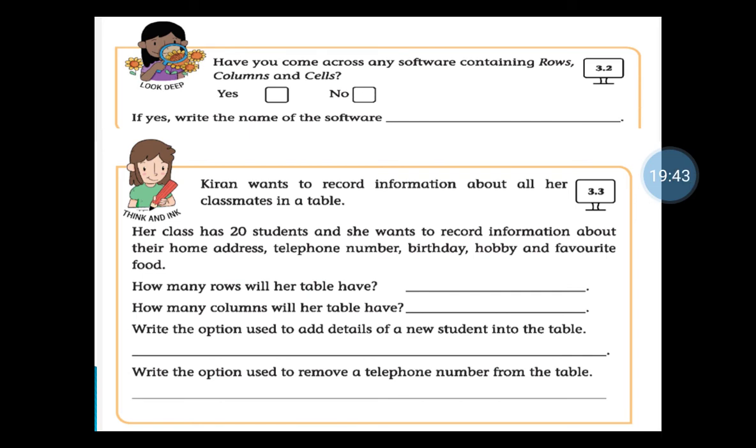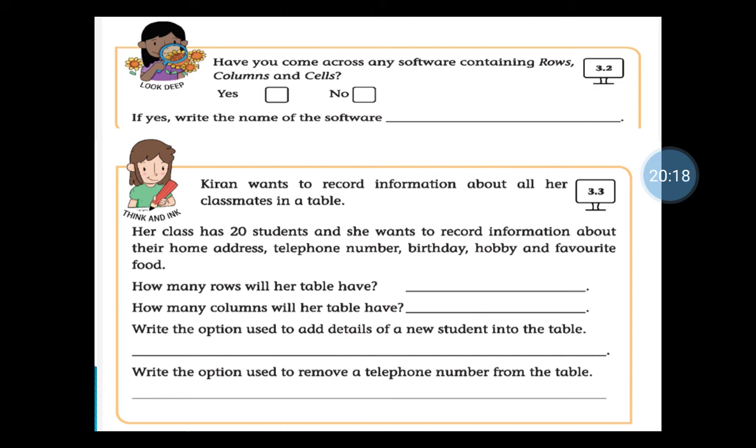Next activity is Think and Ink 3.3. Here Kiran wants to record information about all her classmates in a table.